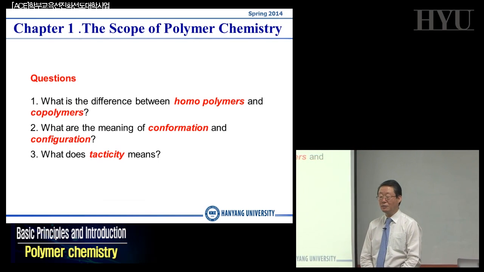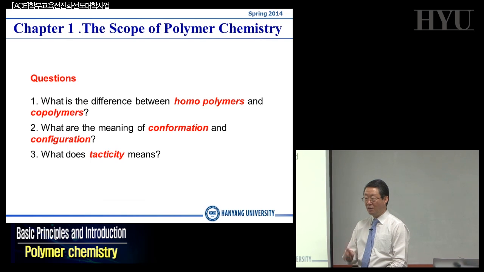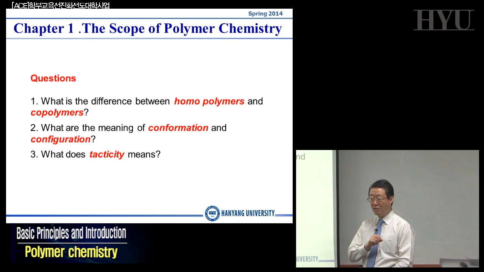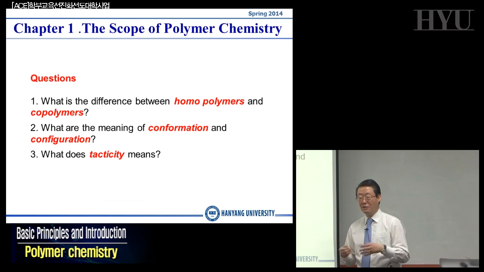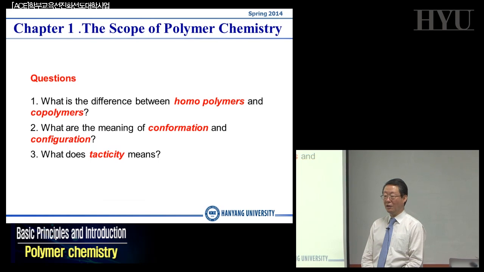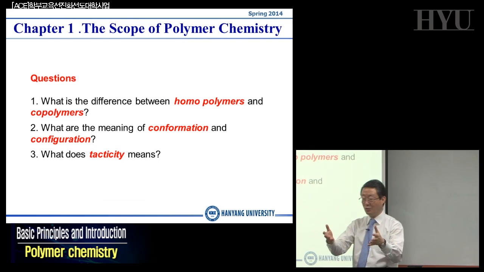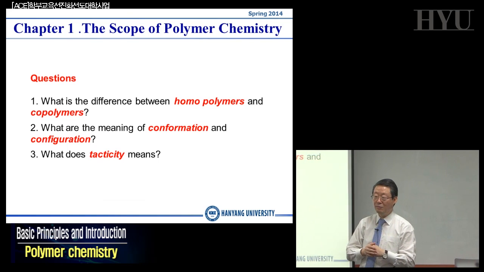Can anybody tell me about the difference between homopolymer and copolymer? What is homopolymer? Just one type of monomer? Okay. And what about copolymer? Several different? Okay. Well, although it's not exact, what I can interpret it means that